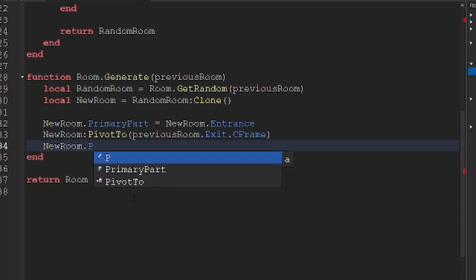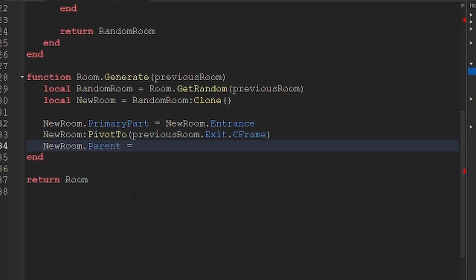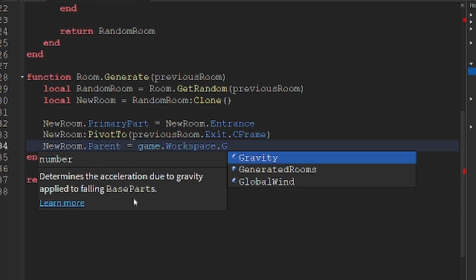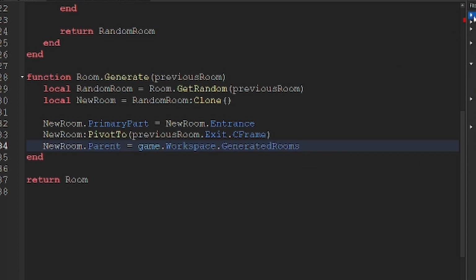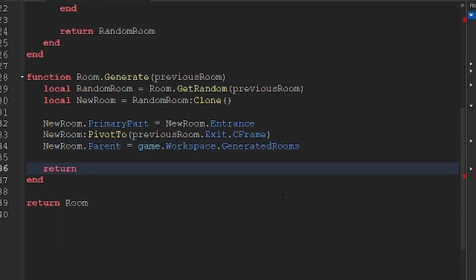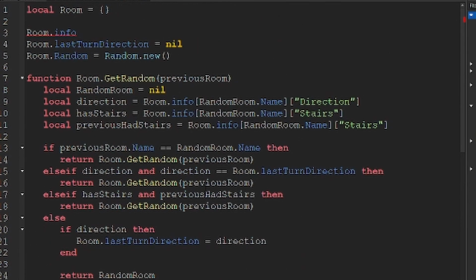Now new room dot parent, so now we're going to set the parent to game dot workspace dot the generated room. So that folder that we created, we're going to put all the generated rooms into there, and now we're going to return a new room. And that should be it for this script for this episode, except we do need to make this room info